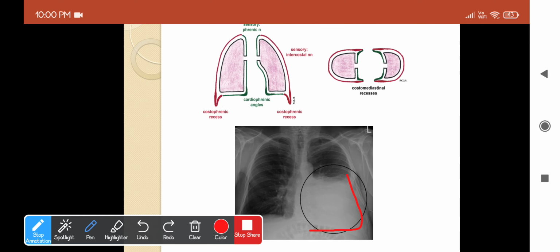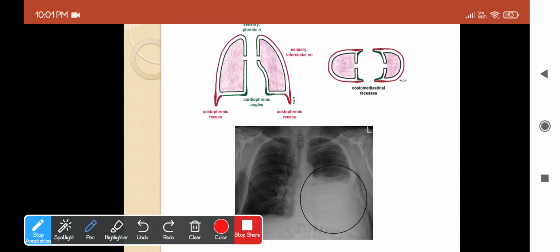Okay, so what can you do to remove that excess fluid? That process is called aspiration, nothing but thoracocentesis or pleural tap. So for this procedure, you will insert the needle at the 9th or 10th intercostal space. We know the lung will extend up to the 8th rib normally, and to prevent damage to the lung tissue, we'll insert the needle in the 9th or 10th intercostal space and aspirate the excess fluid. This process is called thoracocentesis or pleural tap. Okay, so this is about the importance of the costodiaphragmatic recess.